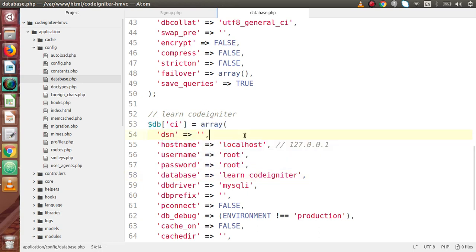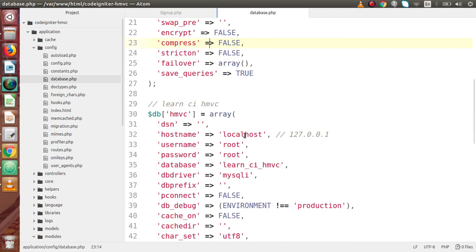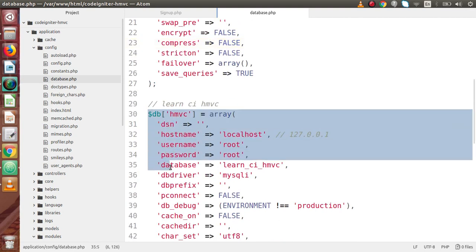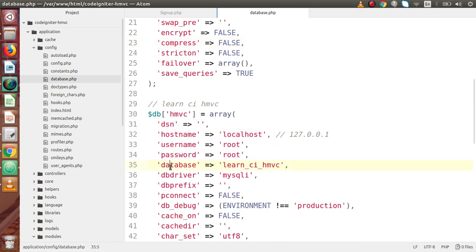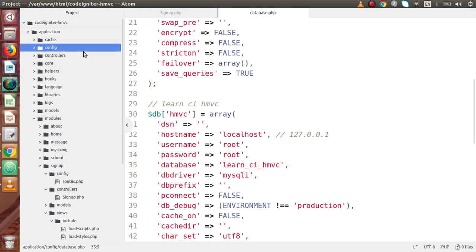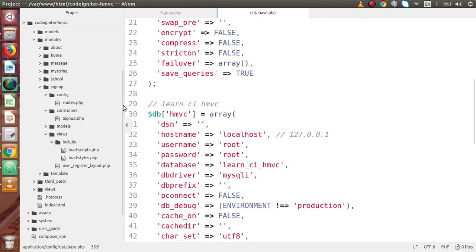This is for the first, Learn CodeIgniter, and this is for Learn HMVC. Now let's say that we are going to make two modules, and these two modules basically point to these databases. So how can we make connectivity? If I collapse this config folder, go to the modules folder,